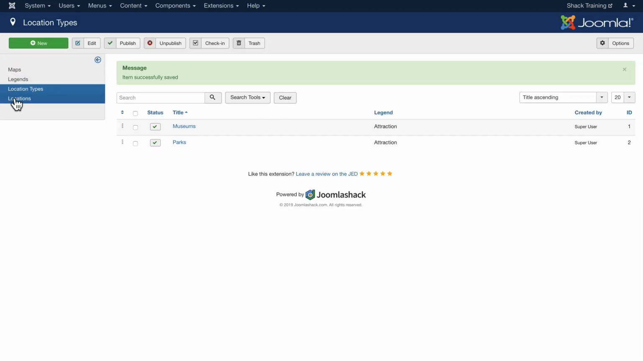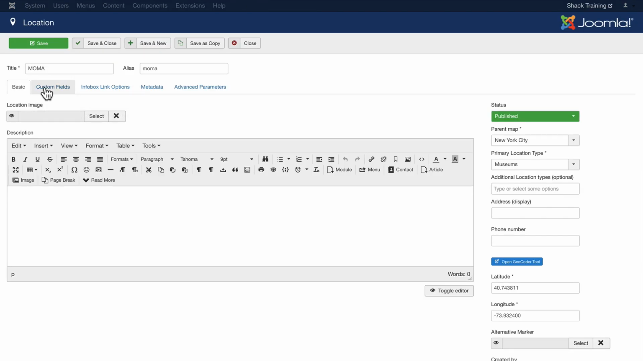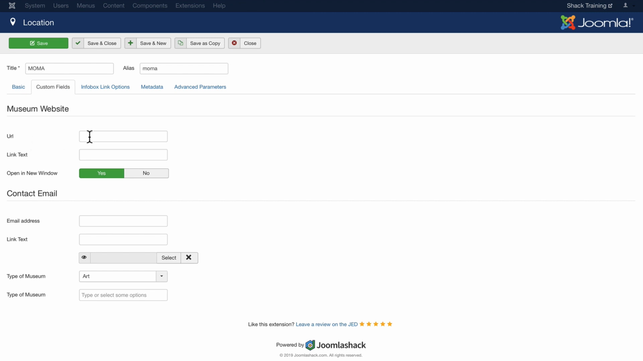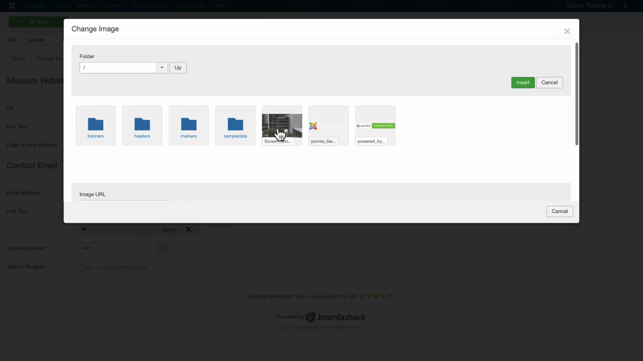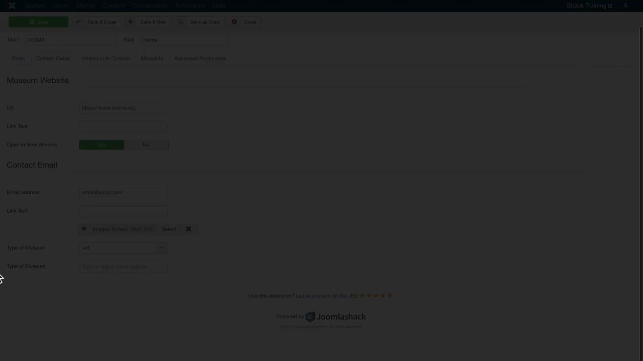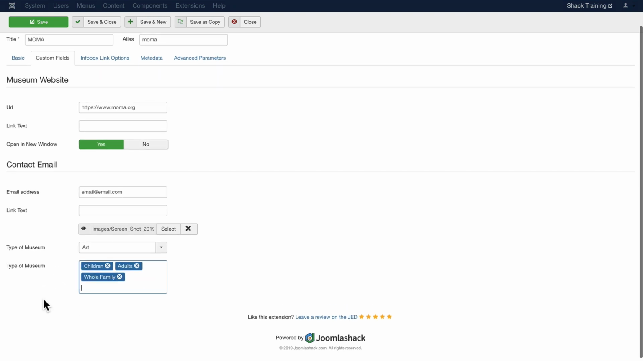Now, when I go over to my location and click on the Museum of Modern Art, I can click on Custom Fields and add the information that I need to. We'll leave the link text blank, and we'll throw in a fake email address. We can add an image, and I've already uploaded one. Choose the type of museum it is. Of course, art is selected first because it's alphabetically first. And then the type of audience, well, really, it's for everyone. All right, when I click Save and Close